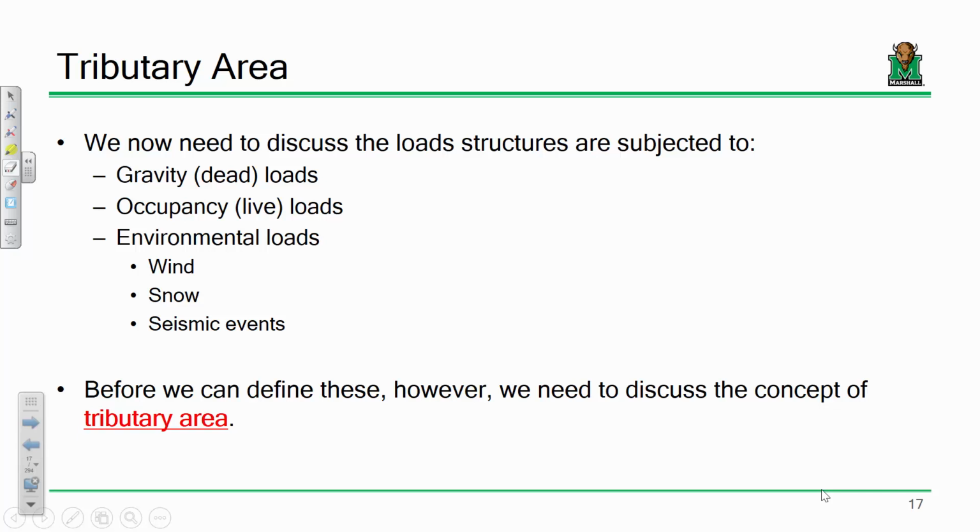The dead load, the self-weight of the structure. The live load, or the load related to the structure's occupancy, what the structure is being used for. And then we have a series of environmental loads. The big 3 that we're usually worried about are wind effects, snow effects, and the effects due to earthquakes or seismicity. And in order to assess the effects of those loads on a structure, that's where the tributary area